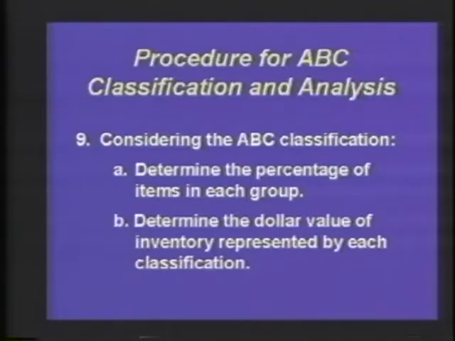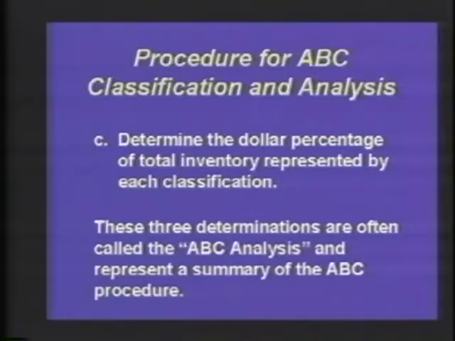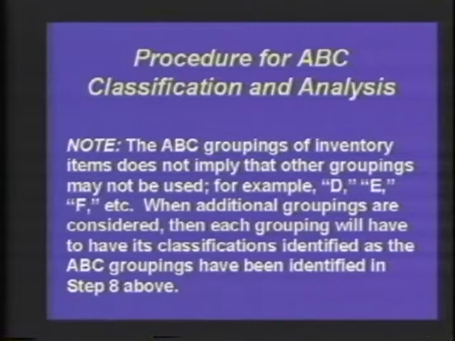There is also a note on the bottom of page 16B which reflects that if you wanted to use other alpha characters like D, E, and F, then you're going to have to develop your own parameters for A, B, C, D, E, and F as identified on page 16A,